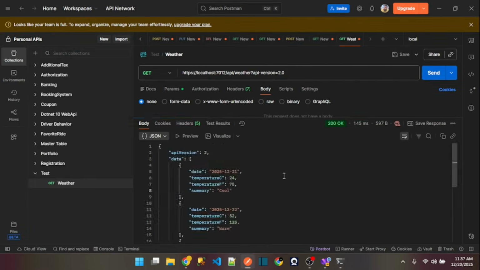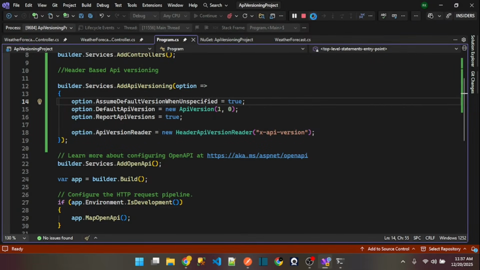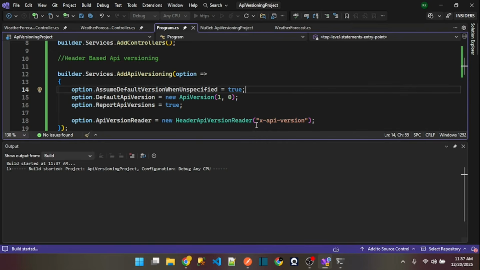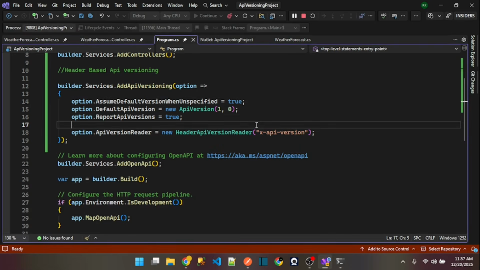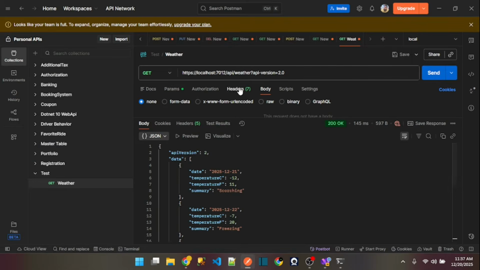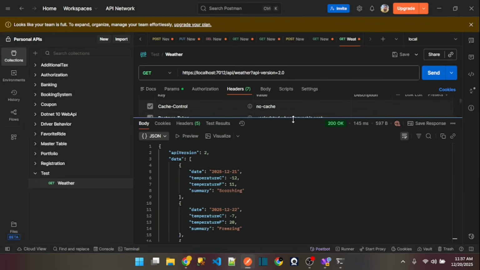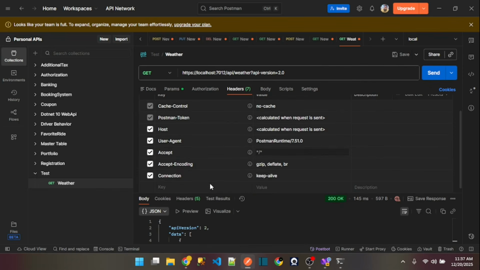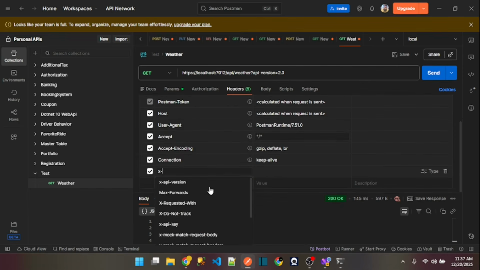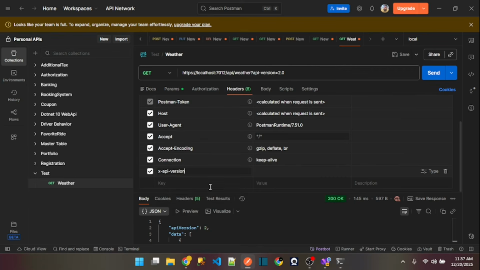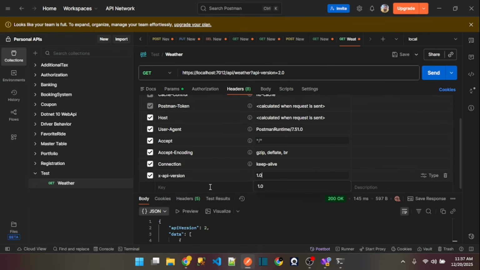Okay, if I send the request, you will see that still the things are working. I think I need to restart the application so that we won't face any issues. Okay, so we have defined the API version reader here, and let's add the header as well. In the header, I will pass the header value, which is the X API dot version. Superb. If I define the version value, which is 1.0, and let's remove this query string here,